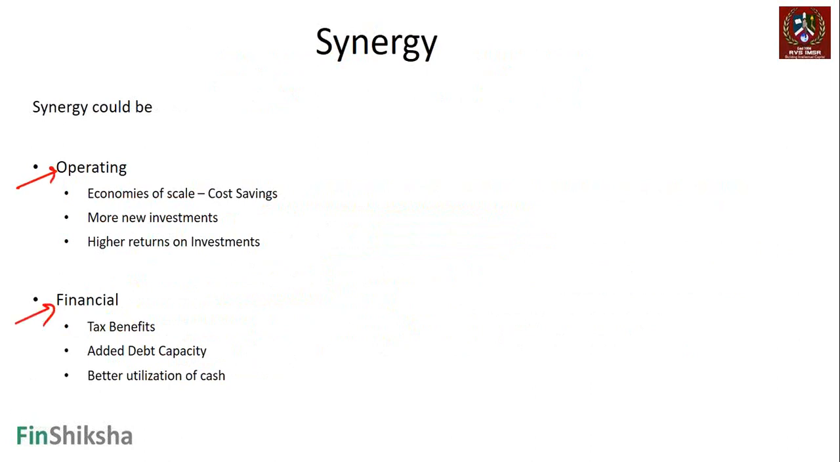When we talk about operating synergy, it primarily comes because of economies of scale, better utilization of the resources that are there because two companies are combining. Cost savings will come because of that. Even in our discussion around Ultratech acquiring the cement plants of JP Associates, the idea was that JP is probably not able to utilize them well. When Ultratech acquires those plants, because its capacity increases and it has a wider footprint pan India, economies of scale